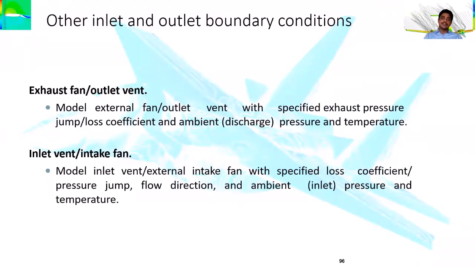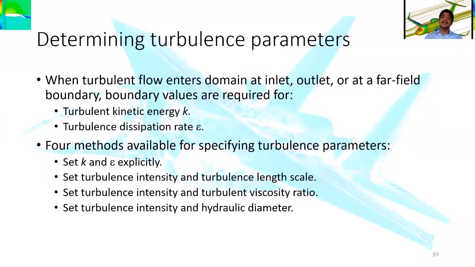With a specified exhaust pressure to be reached, or the loss of pressure that needs to be achieved because of the height variation given in the chimney location, we can give inlet vents and outlet vents, or intake fans or exhaust fans. For the chimney cases, a difference of pressure needs to be created by the fans.